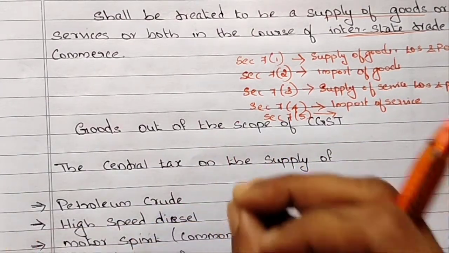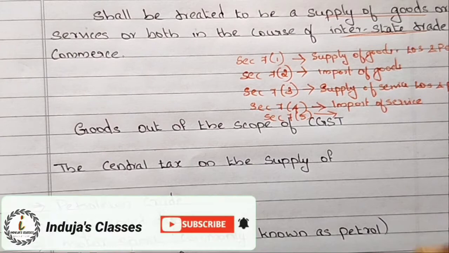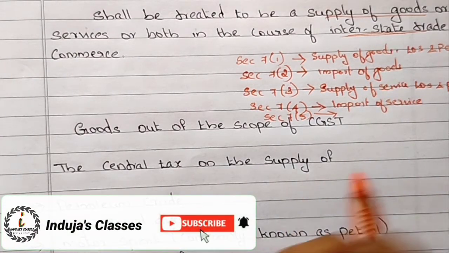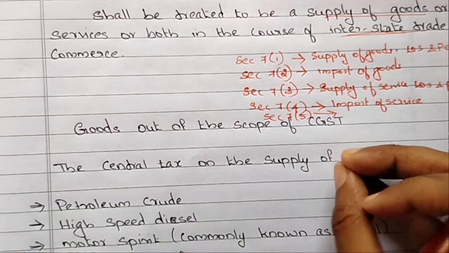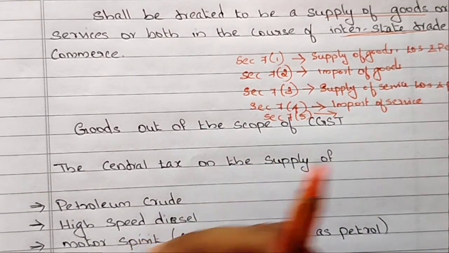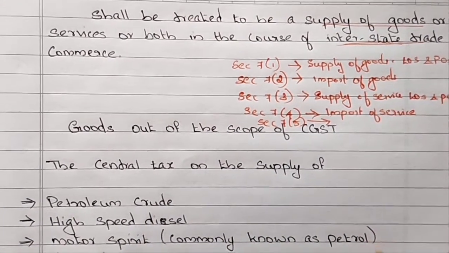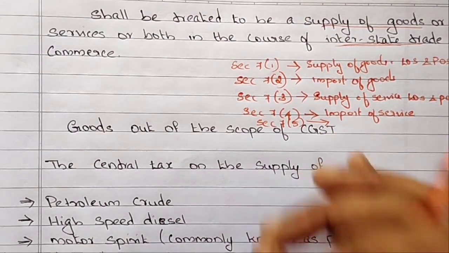And then the second one is the supply of goods or service or both to or by a special economic zone. Then the third one, the supply of goods or service or both is done in a taxable territory but not being an intrastate supply and not mentioned elsewhere in this section, shall also be treated as interstate supply of goods or service or both. I think you are clear with the idea of what